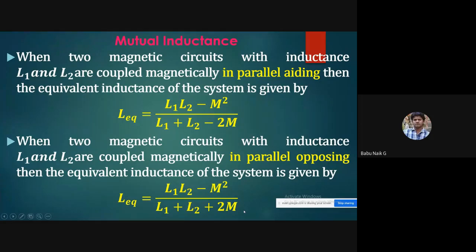Okay, so this is completely about mutual inductance when circuit 1 and circuit 2 with inductances L1 and L2 are linked with flux. Those circuits can be connected in series aiding and series opposing, and in parallel aiding and opposing, so these are the formulas to be remembered here. On this, they may ask problems on inductance, that is mutual inductance and self-inductance.